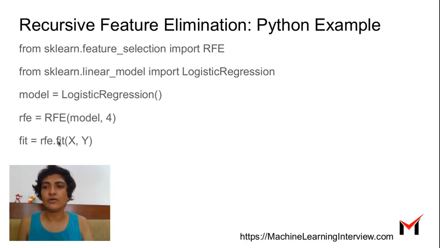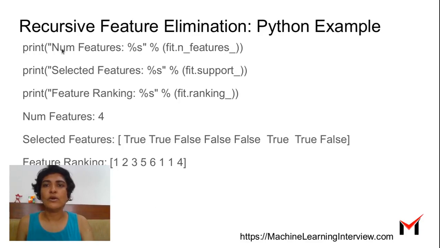Now, if you do an rfe.fit(X, y), which is your data and training labels, what you will see from the fit, if you see the number of features, is that you ended up with 4 features finally, because that's what you specified. And you can look at the support, which is telling you which features are active at the end of the RFE algorithm. After selection of features, which features are active. And you see that since you specified 4, you have 4 features that are True here and the remaining are False. This is giving you which features to use. And then finally you also can look at ranking_ to see the feature ranking, which will show you the relative ranking of all these features.